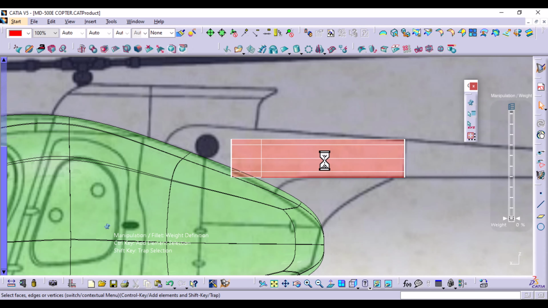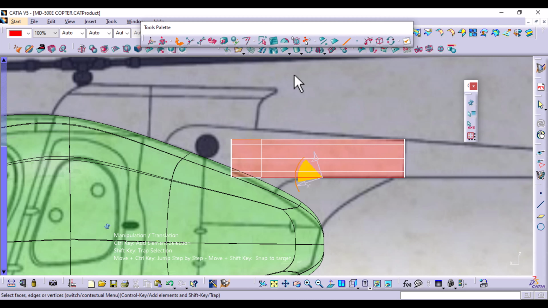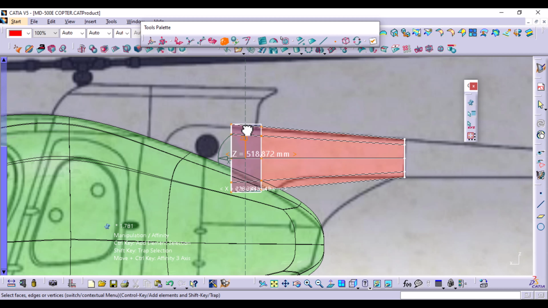So click on the subdivision surface and press space to enter, and we're going to select these vertices. We're going to select these two edges like that, and then go to affinity, and we're going to increase the width, say up to about that point,